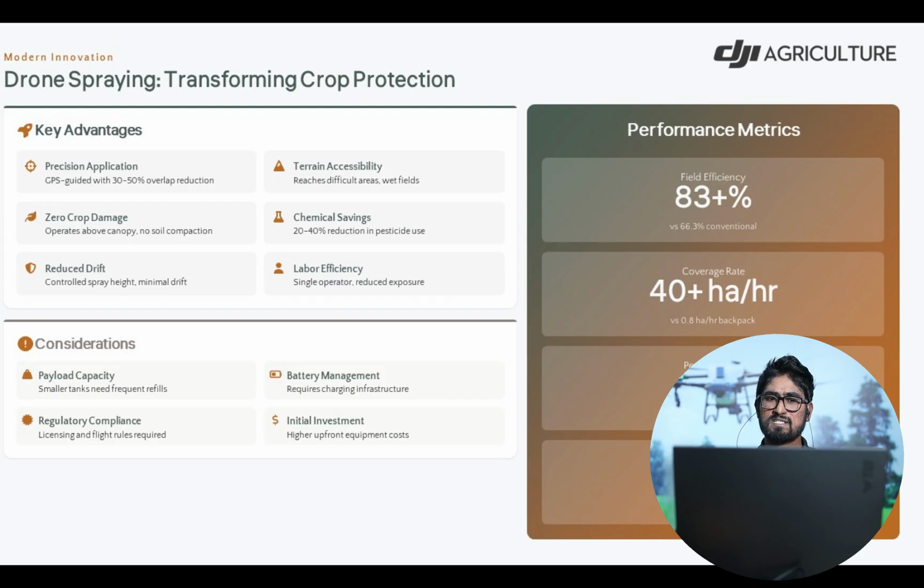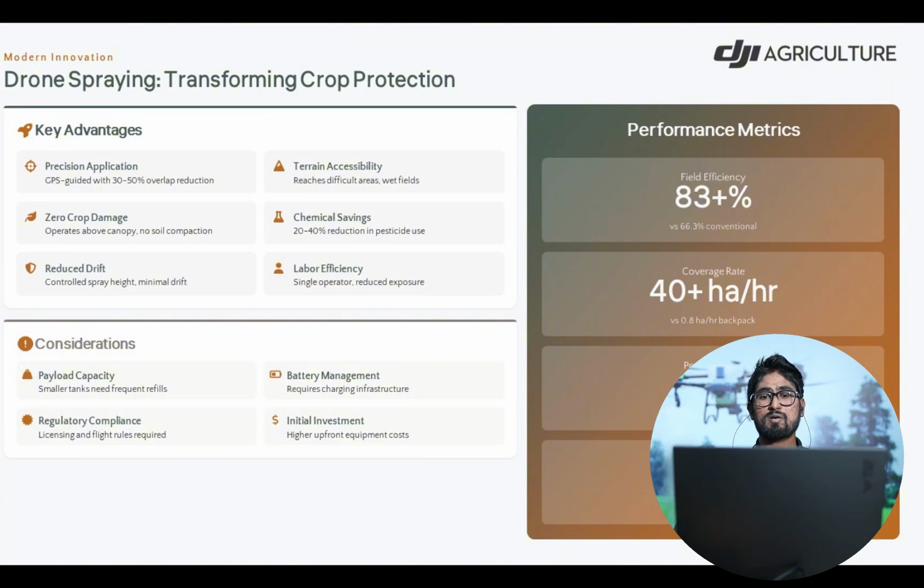So what should we consider when we are doing drone spraying? We must consider payload capacity. Small tanks need frequent refills, so we will always try to improve our tank capacity.